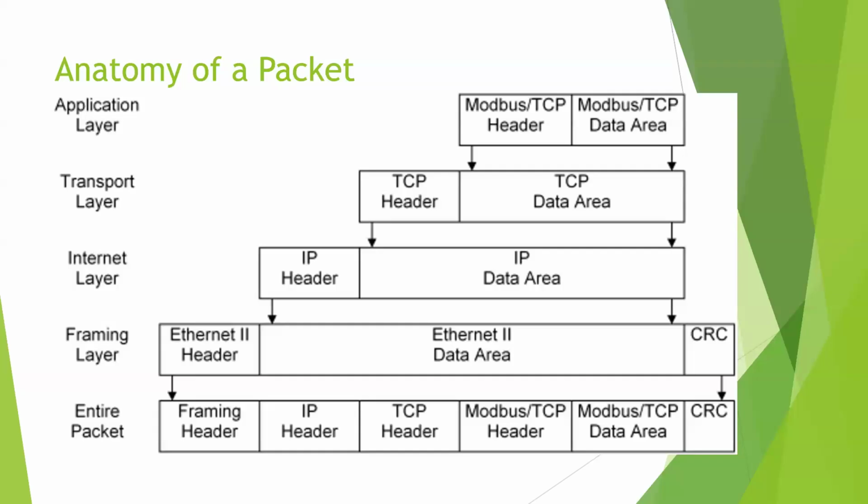That gets passed down to the internet layer, where an IP header is attached to the front of it. The IP header contains the source and destination IP addresses. Then from there, it goes down to the data link layer, and in this case, we're talking about Ethernet. So an Ethernet header gets stuck on the front of that too. The Ethernet also sticks a cyclic redundancy check code at the end of the packet so that it knows if the packet was transmitted correctly.